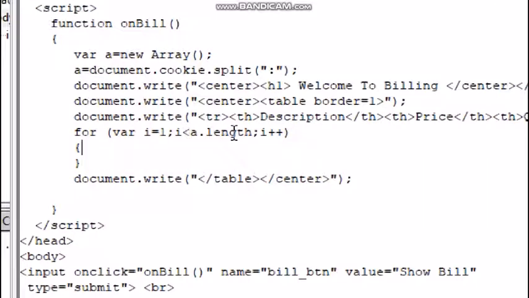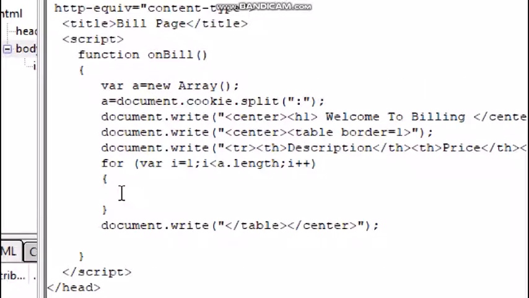A dot length means the number of products selected. If I select 3 products, then the loop will be executed 3 times. This for loop consists of 3 parts. First, the variable is initialized. Secondly, the condition is checked. And thirdly, the variable is incremented or decremented.